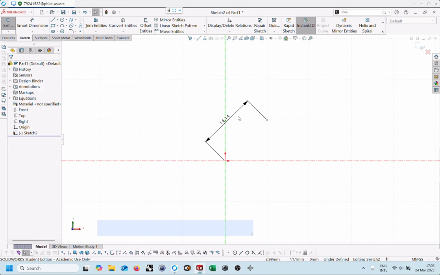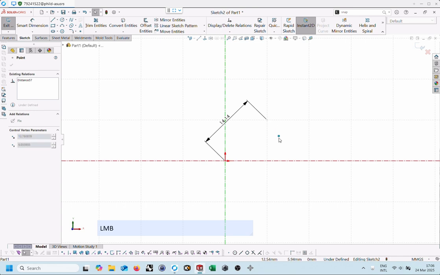Because the way I've got my settings set up is once I put a dimension in, this point will be locked in to whatever that dimension says it will be. So if I drag this point out and I let go, you see it remains at 14.14 millimeters away from the origin. If I keep dragging this, and I can do nothing more than drag, you'll see that I'm describing